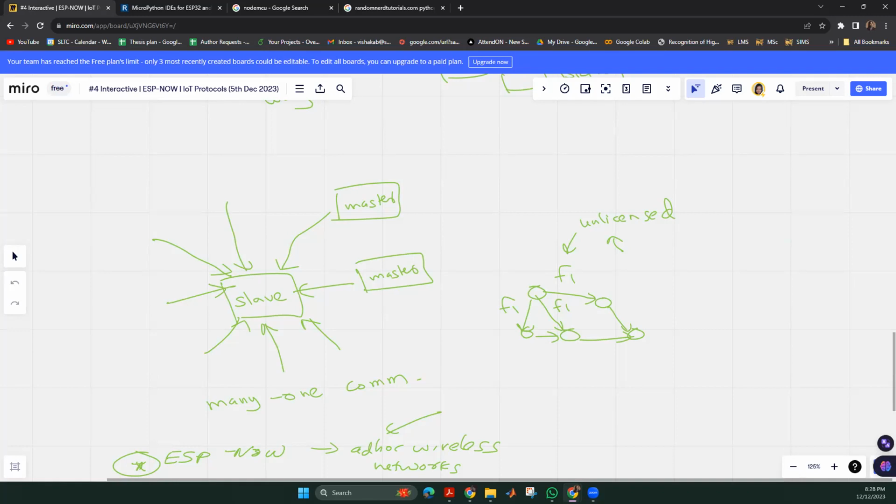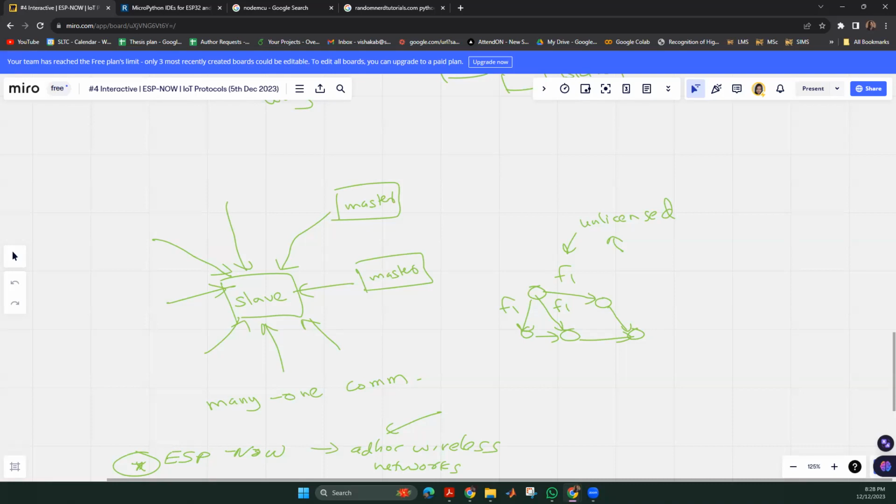But if we consider this unlicensed band communication, then we are transmitting information using the frequency bands which are out of that licensed frequency bands. And so there are specific frequency ranges which are unlicensed. So in that frequency band, any device can use a frequency that they prefer. So that frequency range can be a certain specific frequency range out of this unlicensed band, which can be used by the devices to communicate.